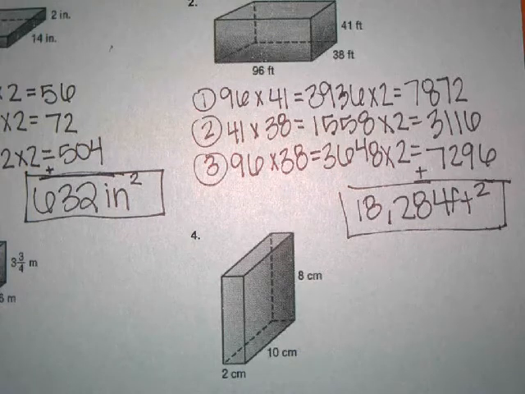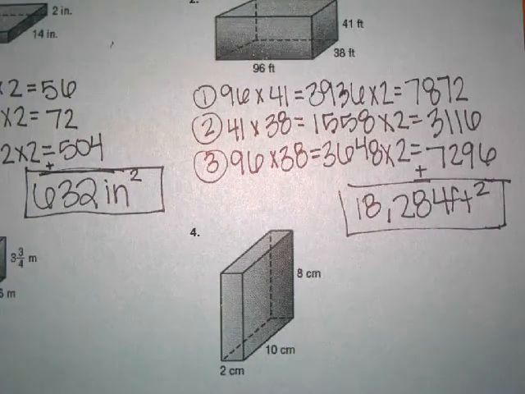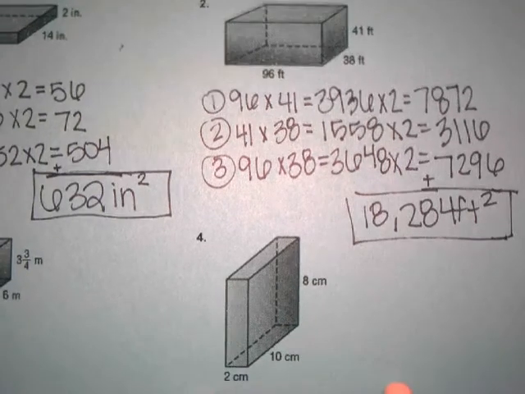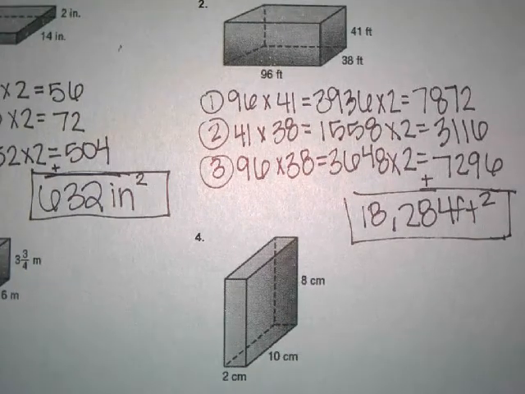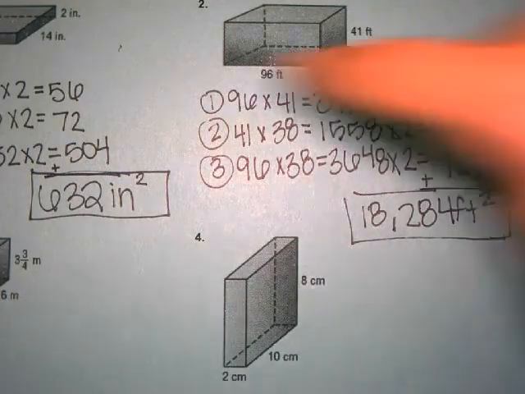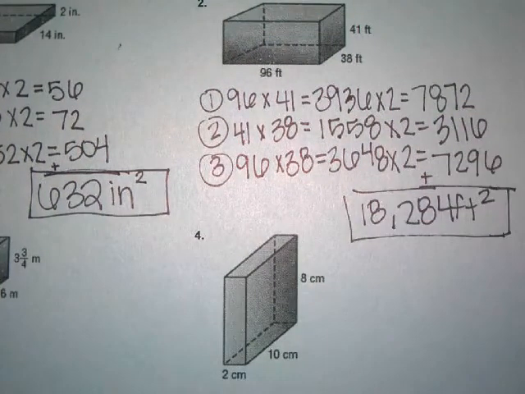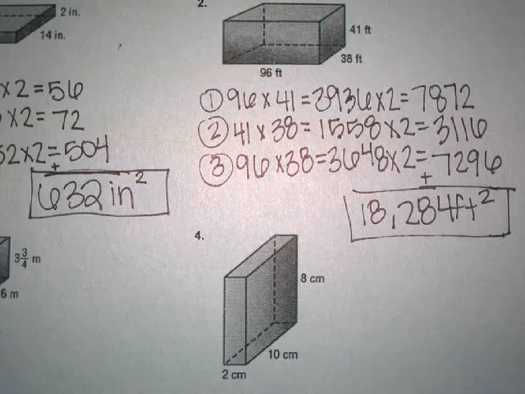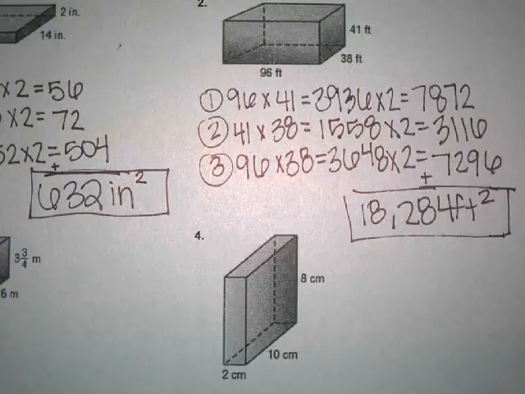Just like it's easy to make a mistake when we're handwriting stuff out, it's just as easy to make a mistake in the calculator because you could type one wrong number in and get the answer wrong. Is that understood? So I would almost always, especially on these numbers that get really large, double check your work. Especially because you have a calculator, it shouldn't take you long to double check your work, so please double check your work to make sure you're getting it correct. Is that clear? Okay, I'm going to stop this